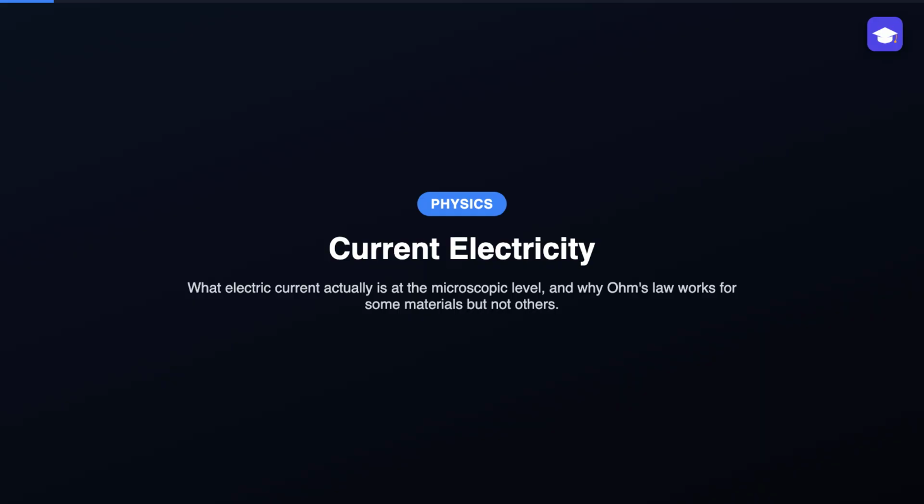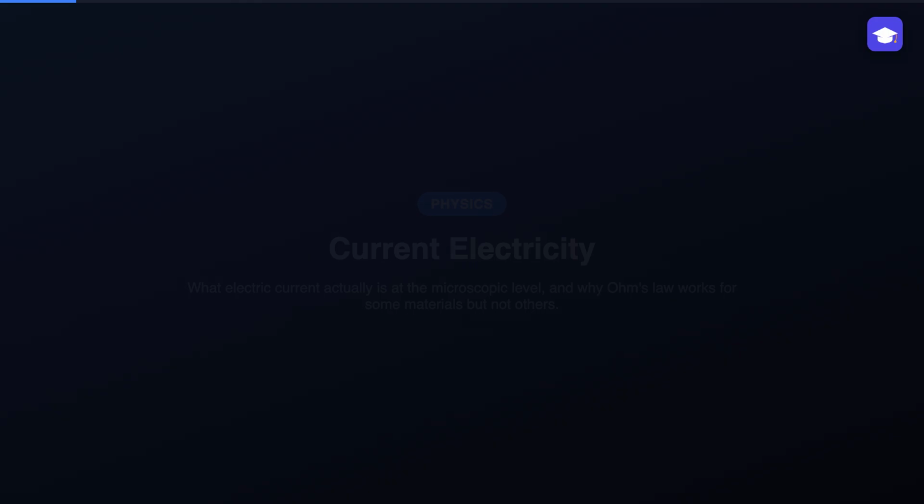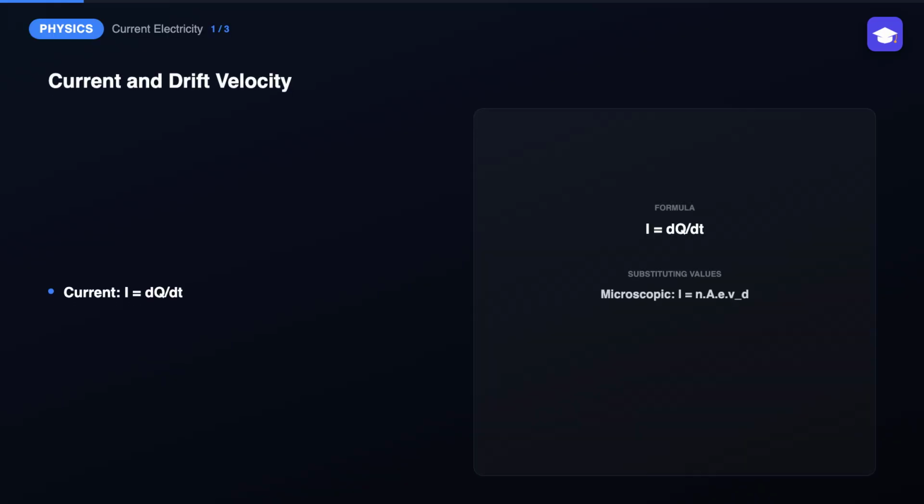Today's topic is electric current and Ohm's law, starting from the microscopic picture of moving charges. Let's begin. Electric current is defined as the rate of flow of charge, I equals dq over dt, and